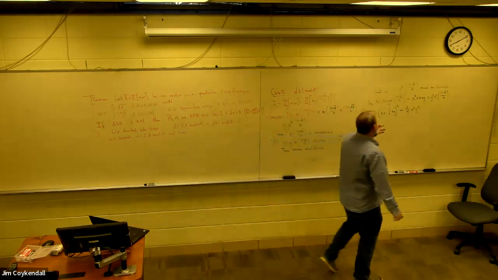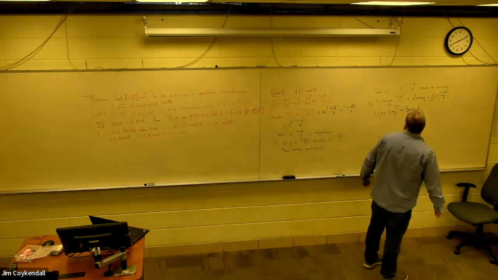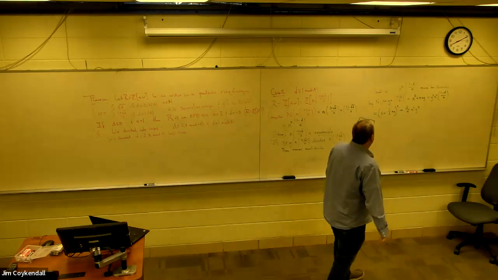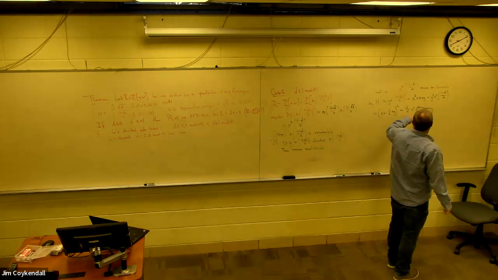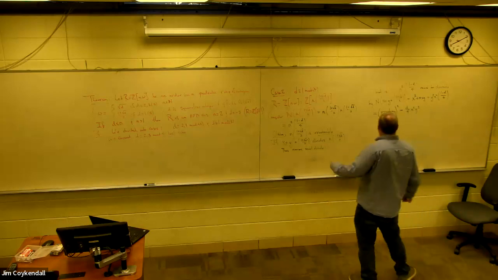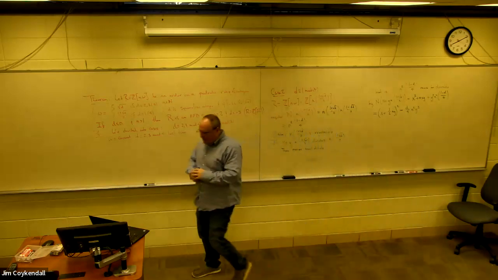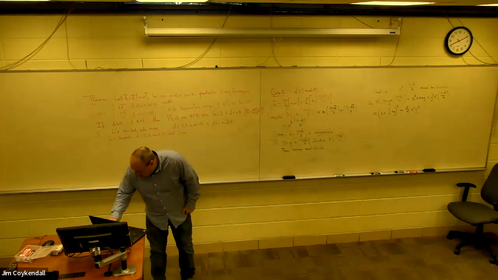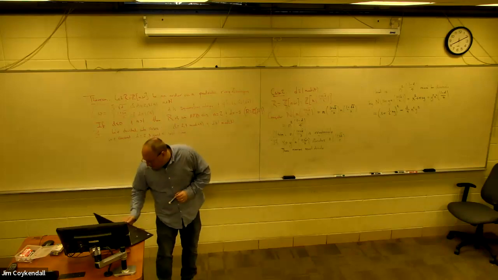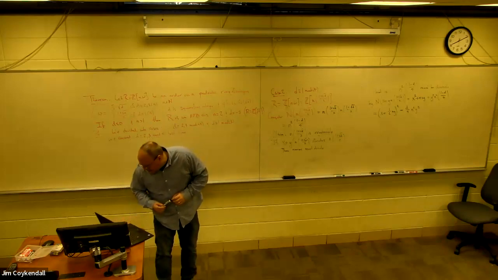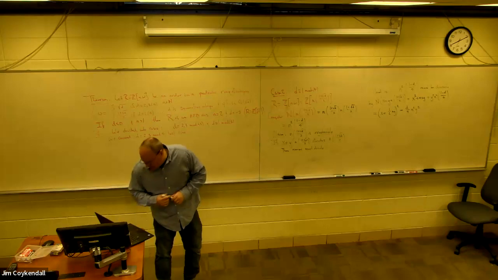All this is just completing the square, right? So in other words, this thing has to be divisible by that. And remember, of course, that d is negative. I'm also going to make the following observation here. We will also assume